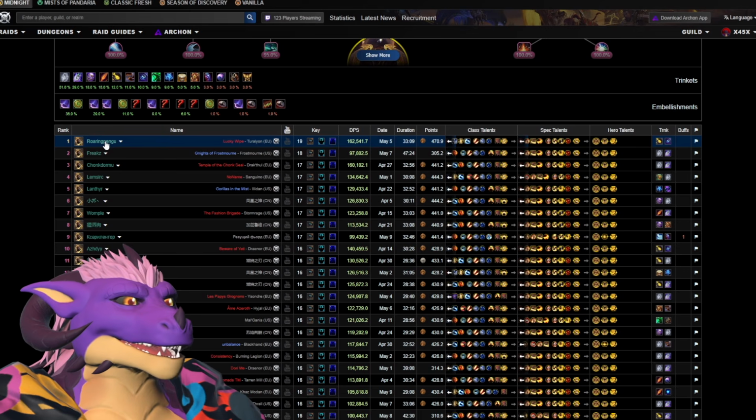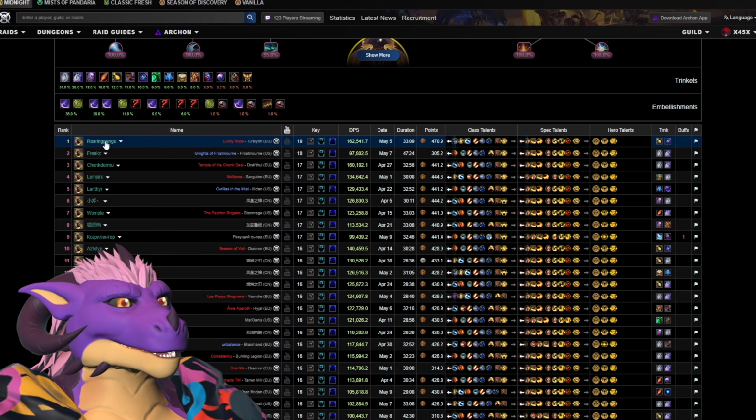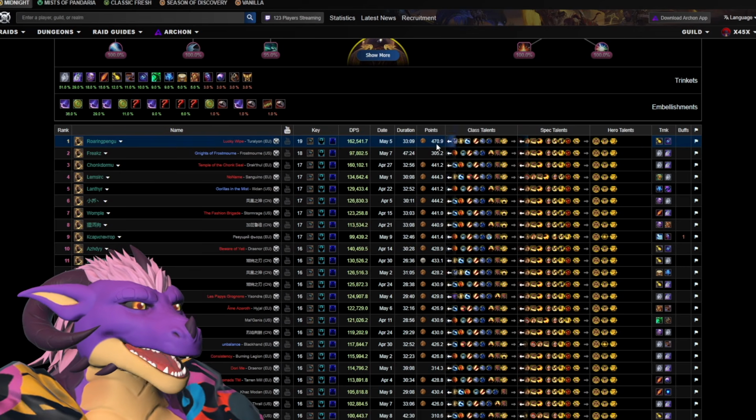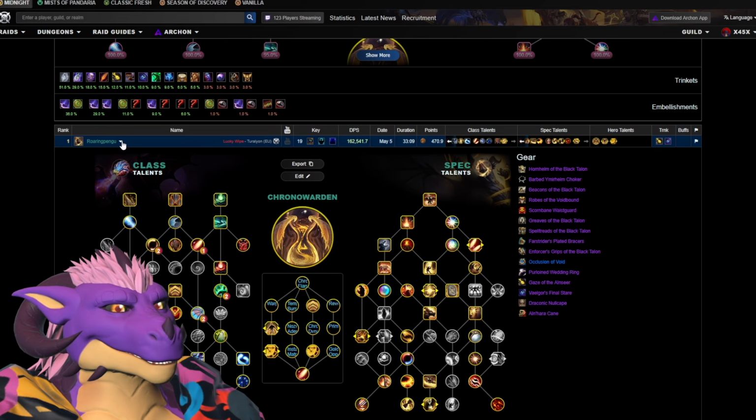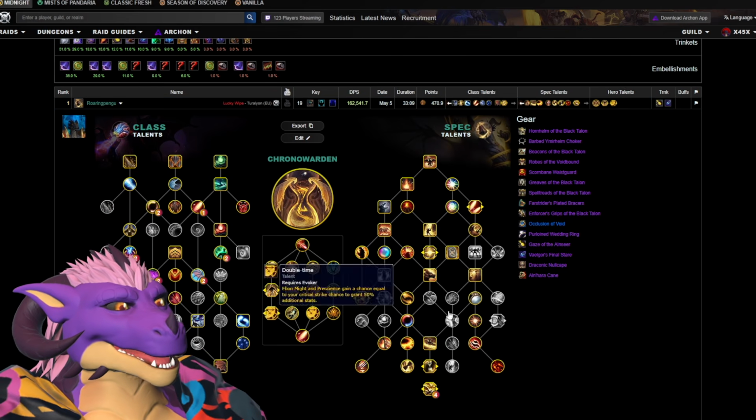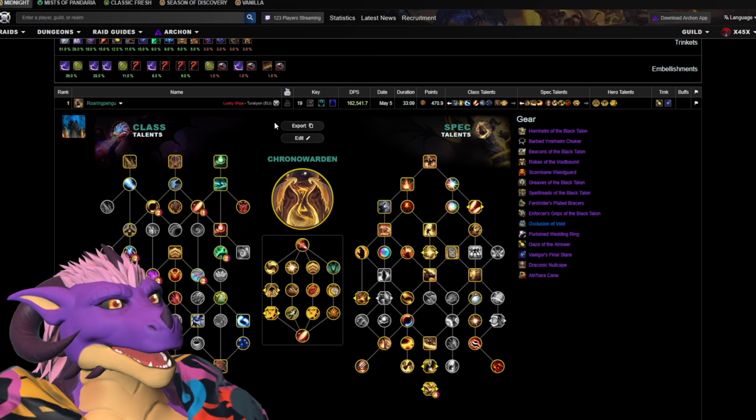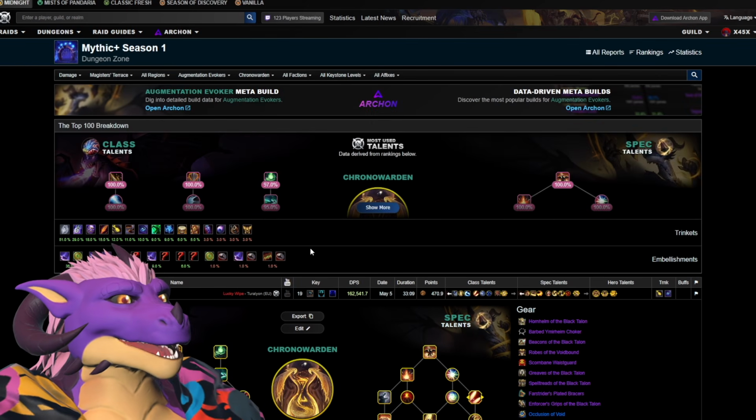Now, I always like to cross-reference multiple guides, but I can click on these and bring up a proper log. If it shows you all their talents and everything, that means the log is available. If you want to see what a specific player used, you can click and see exactly their build. You can export it immediately. If you want more information, we're going to have to click in.